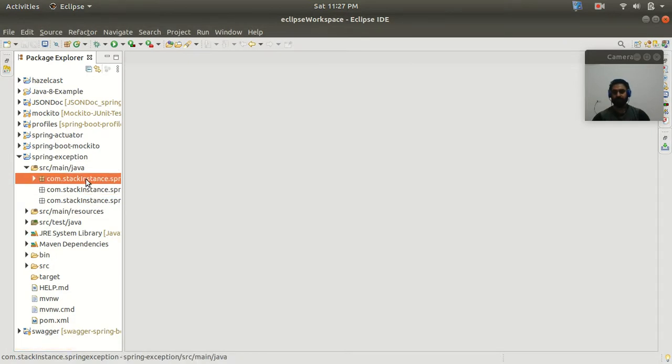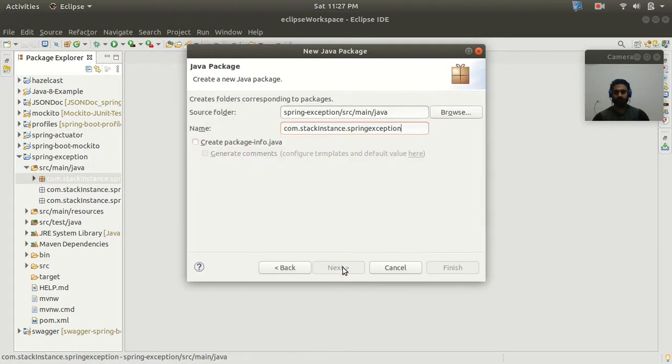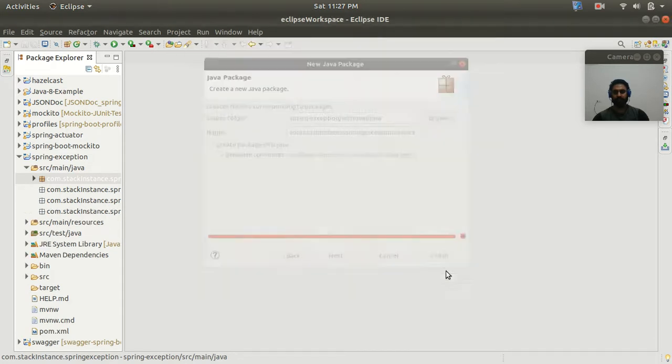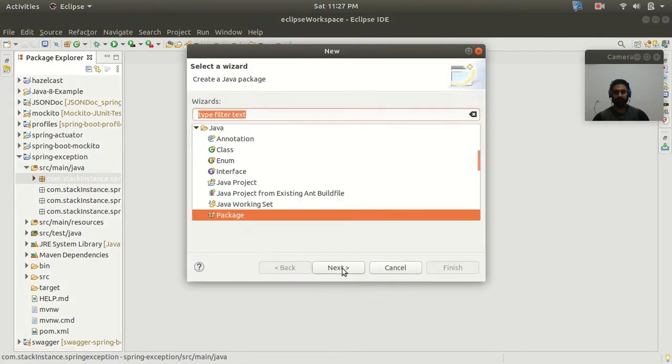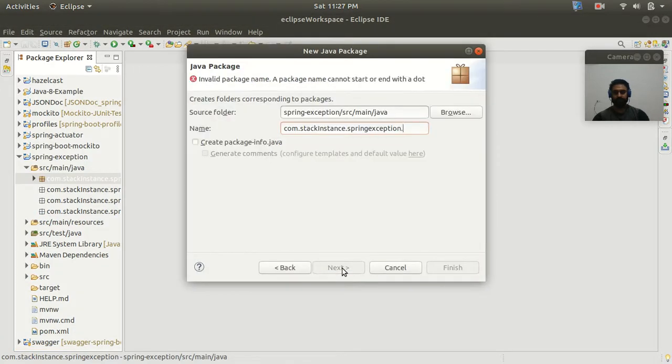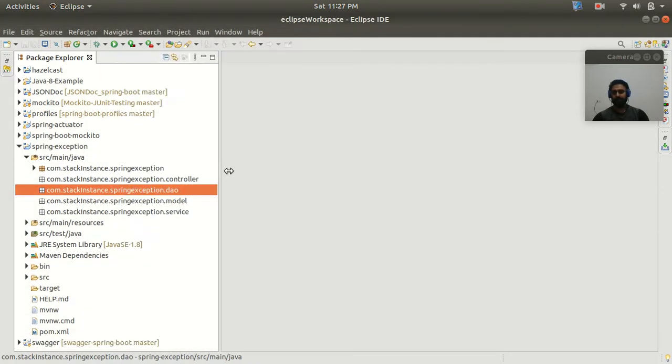Let's add another package with the name service, and inside this package I'm going to create my service class. Let's add one more package with the name, let's say DAO, to create our repository class or DAO class, right? So these are the packages I have created: controller, DAO, model and service.